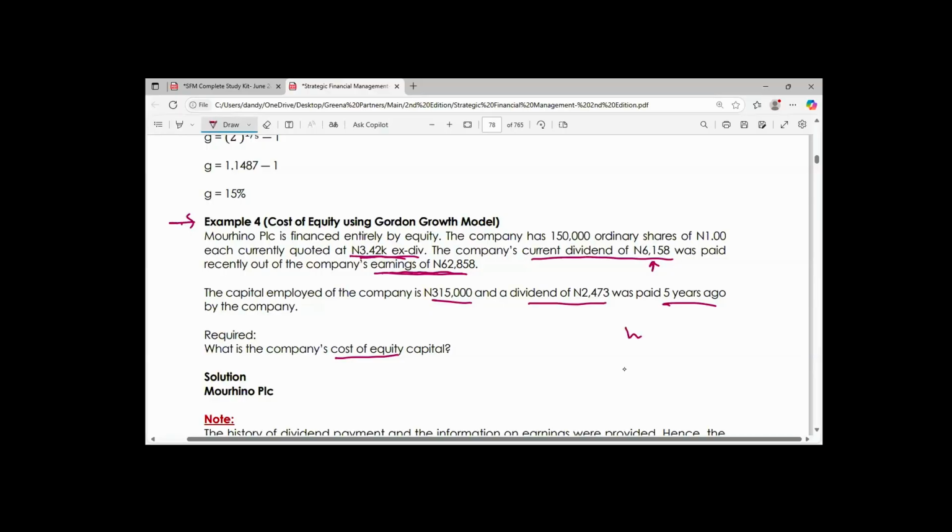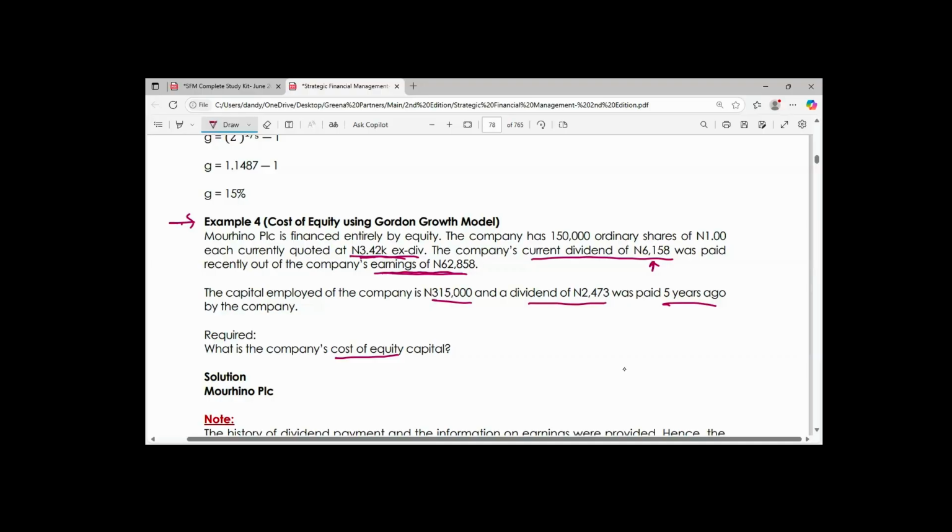That is the peculiarity of this question. All right. So if that is the case, let's quickly solve it. Because you don't have access to the material, I don't want to switch so that you won't be asking me where is the question? So let me just explain it to you what we are going to do.